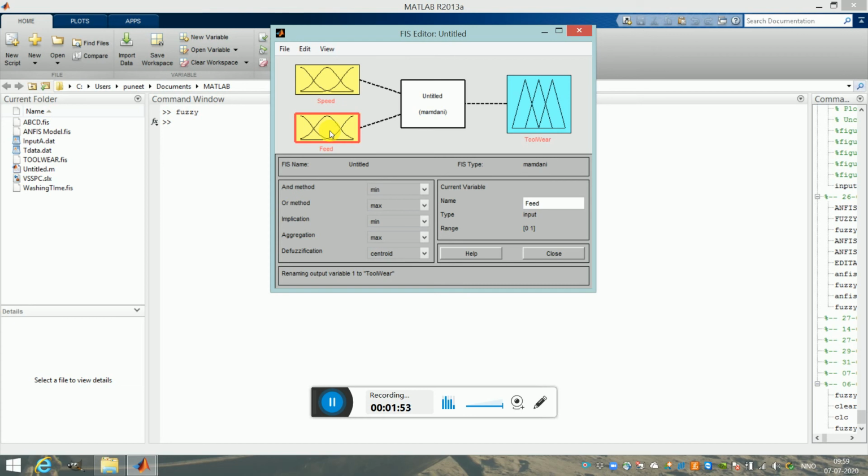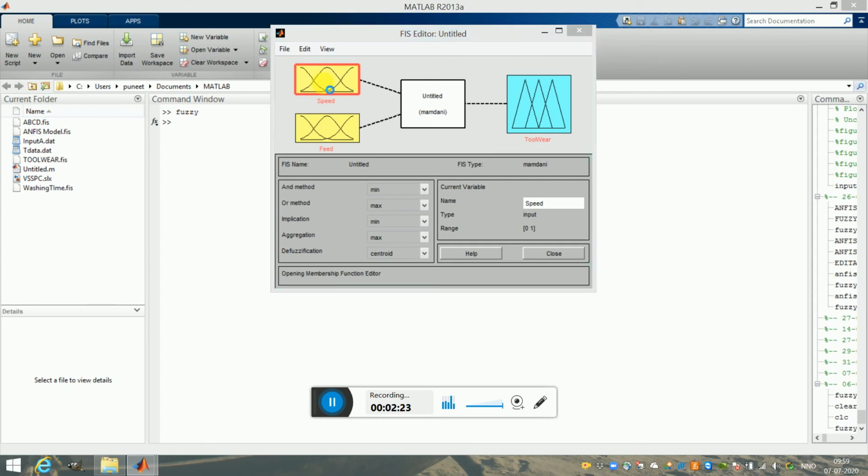Basically you are mapping your experimental data here. Once you put your experimental data here, your model is ready, and it can predict the values for tool wear, even for unknown speeds and feeds. So let us see how to go about it.